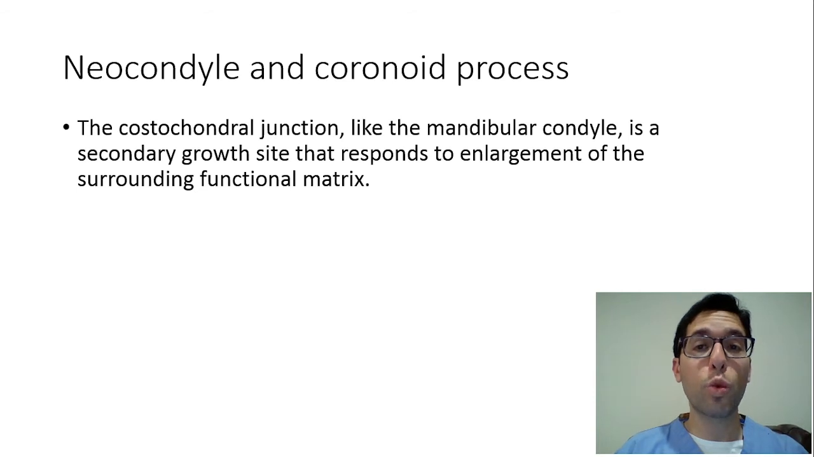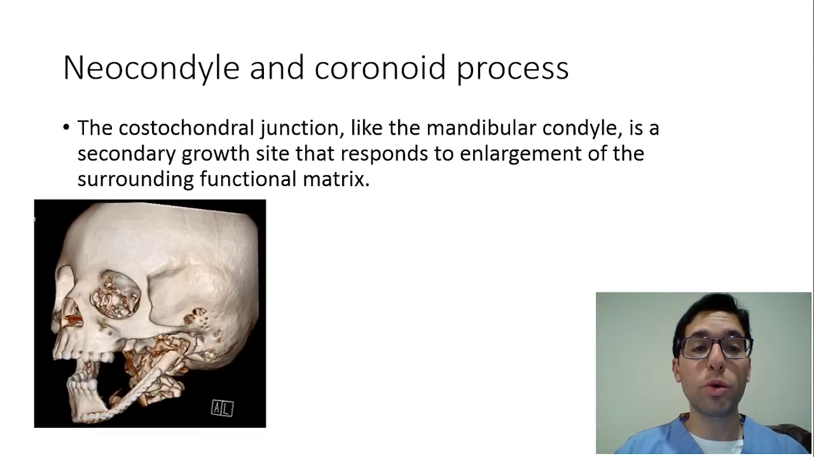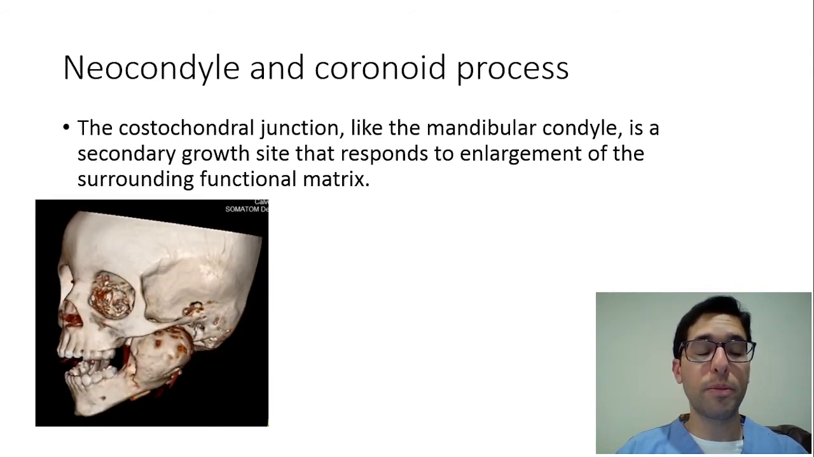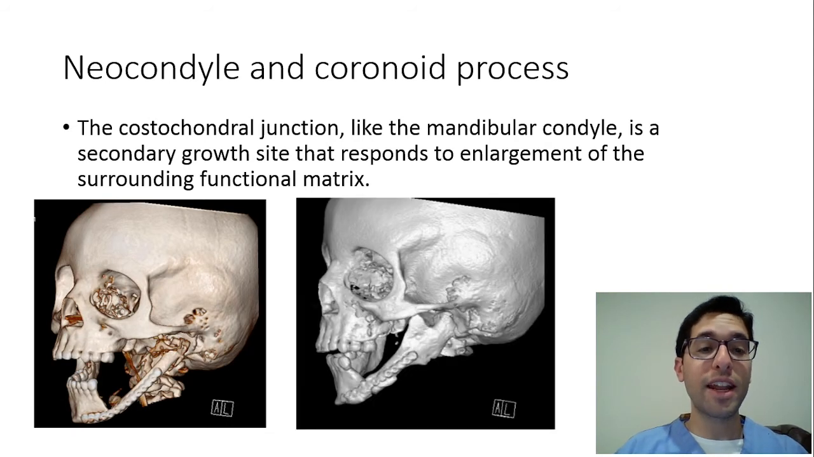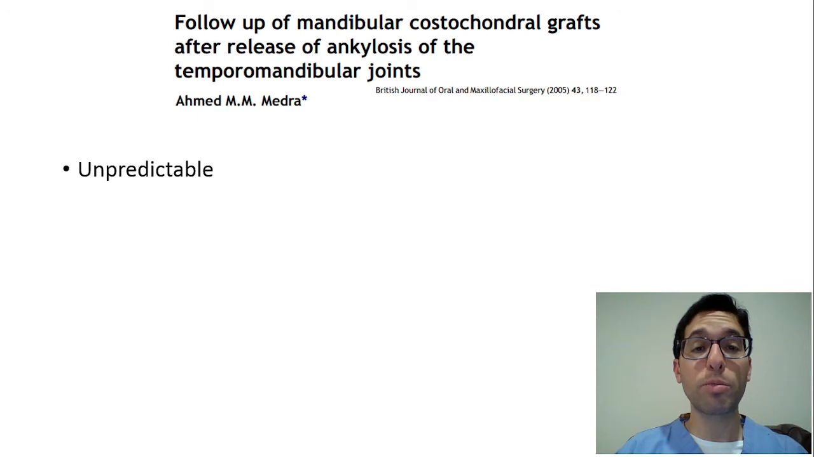It works quite beautifully because, like I said, it has a cartilaginous cap and it has a growth center, and it could grow with the child. So here you see a pathology that was resected, and then you see it reconstructed, and then 8 months later you see a whole neocoronoid and neocondyle forming. And that's incredible when you do get the success, but the problem is it's unpredictable, and you don't always get that success, and there are some